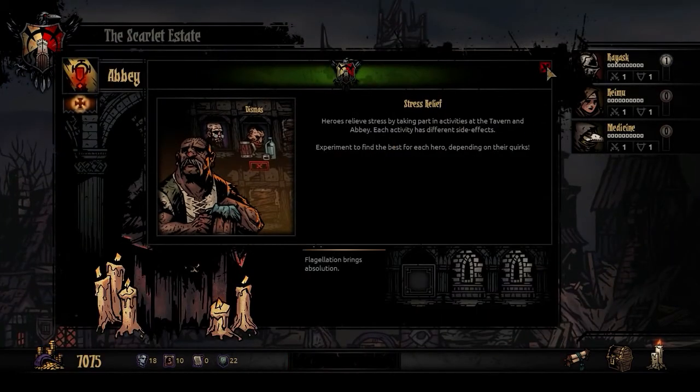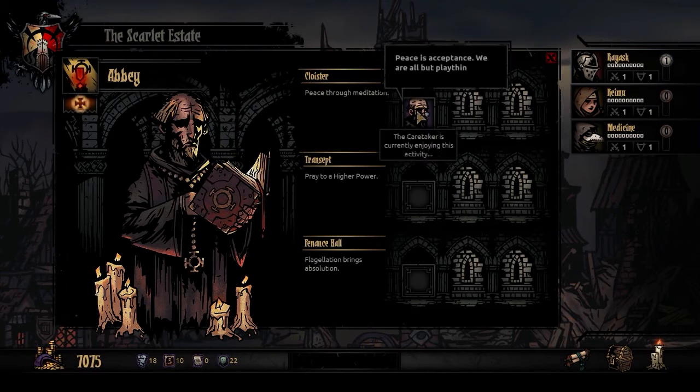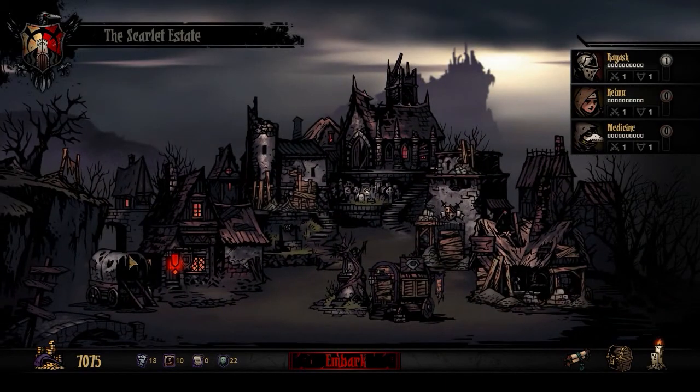The cobwebs have been dusted, the pews set straight. The abbey calls to the faithful. Yeah. Heroes relieve stress by taking part in activities at the tavern and abbey. Each activity has different side effects. Experiment to find the best for each hero depending on their quirks. And right now our caretaker's in here. In other words, me. Which, you know what? After how this party went,